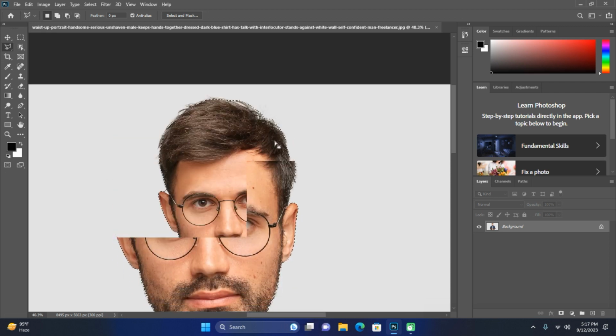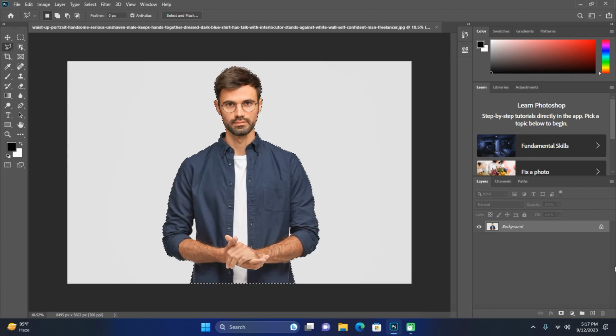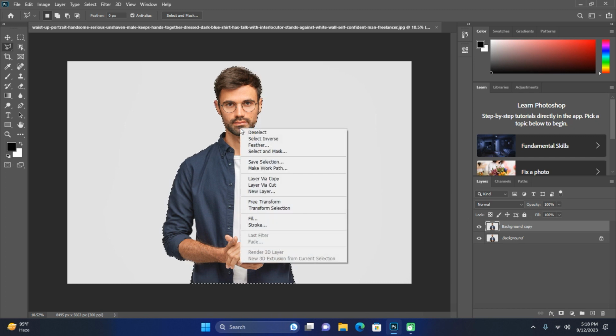As you can see here, the object is selected, and now if you want to remove the background, what you need to do is just drag it and create a new layer over it, or simply right click on the layer to create a duplicate layer. Okay, so as you can see, it's duplicated. Now what we need to do is, if you want to remove the background, just click on it and select